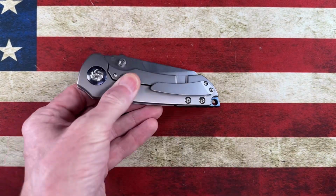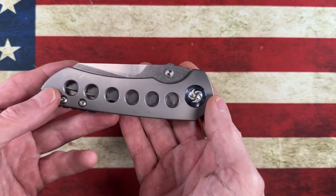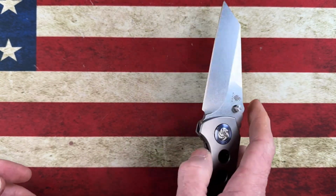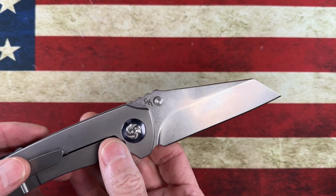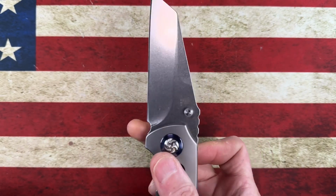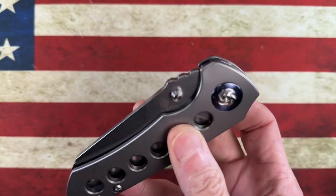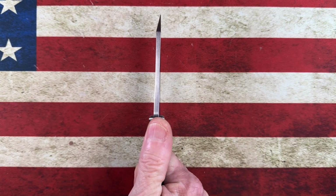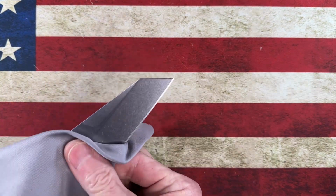So moving on, we come to a knife that is one of my first knives, or I would say, one of the first titanium knives that I ever purchased, one of the first high-end knives that I ever purchased, and this is the Kaiser Critical. It is a Matthew Christensen design, I think is who it is. I don't want to space that. I picked up the one in thumb studs. It's S35VN. It is a very large, hulky knife. I want to say I think it's got right around a 4-inch blade as well. It's this Wharncliffe. I love